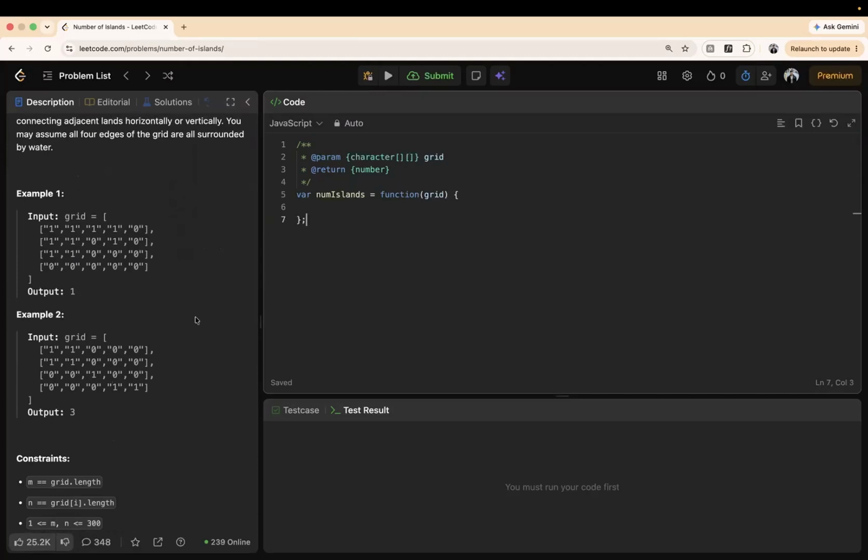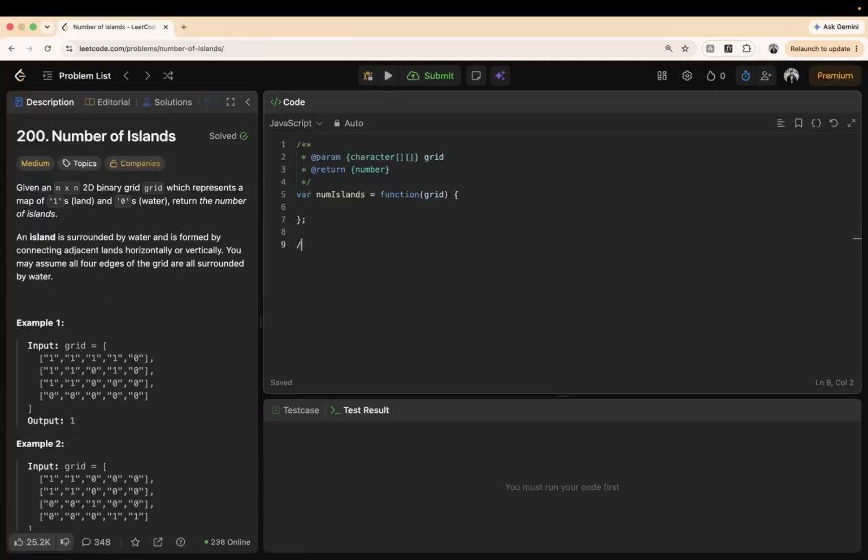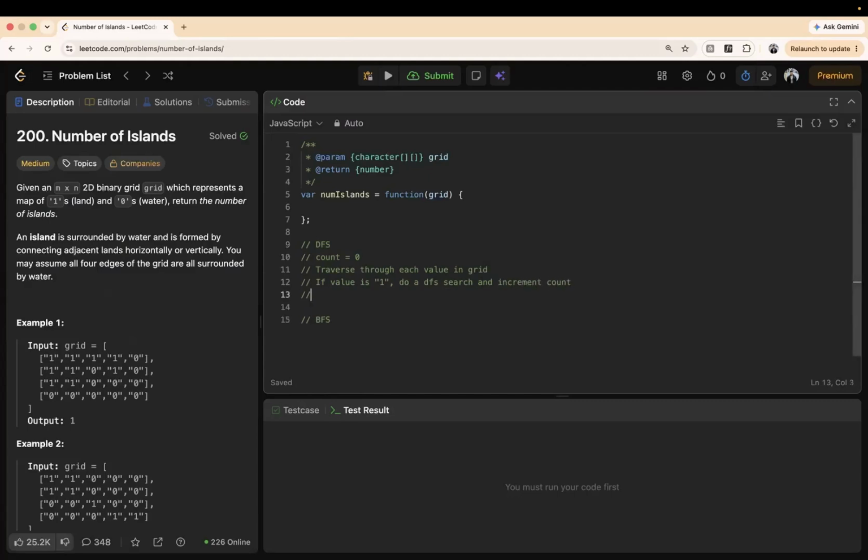So we're going to have to traverse through this entire grid, and with this grid there's 2 main ways we can do this, either DFS or BFS. With DFS, the logic is to traverse through each value in the grid. If the value is 1, we do a DFS search. And here we're also going to need a count of islands, so count, and increment count. And with this DFS search,